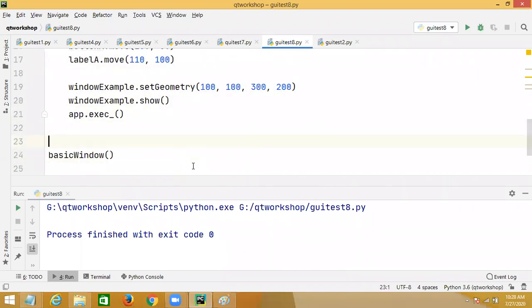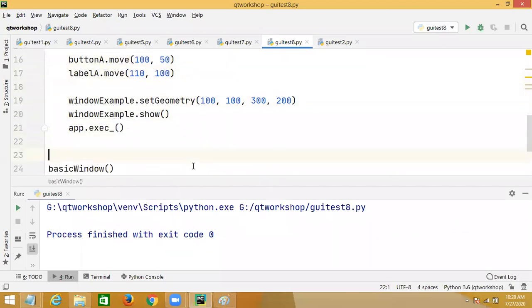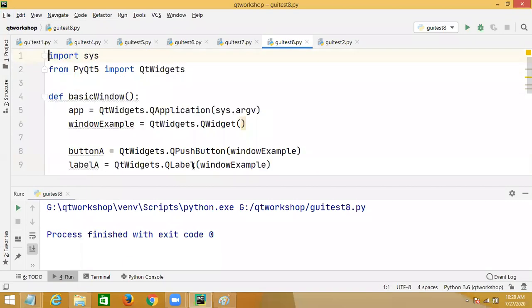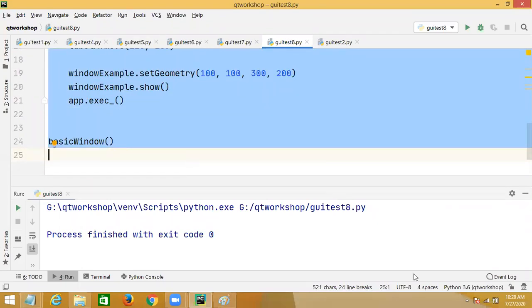But when I click on this button, it should perform some operation. So to handle events in Qt, PyQt5 uses one pattern, called the event delegation pattern.